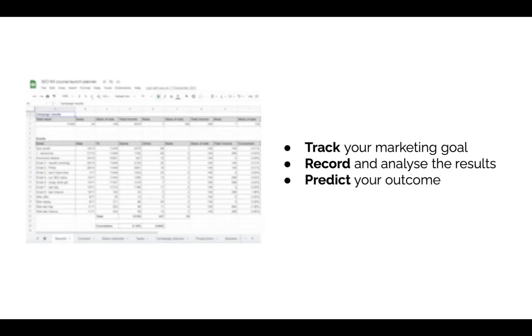The marketing results tracker, as I said, has 3 tabs. One of them tracks your marketing goal, sales page, and webinar results. One records and analyzes the results of your marketing emails and spots patterns, and one predicts your outcomes, experiments with pricing and list sizes. Now, each tab already contains